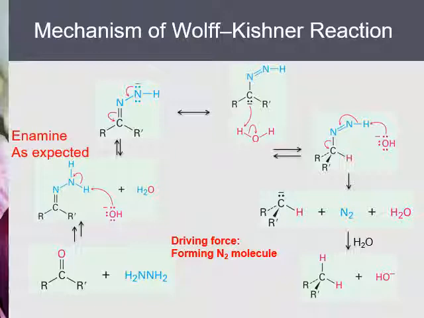Here shows the mechanism of the Wolff-Kishner reaction, and this is hydrazine, which is a primary amine. If we focus on one nitrogen and imagine the molecule is H2N with an R group, that's a regular primary amine with one alkyl group and two hydrogens. When a primary amine reacts with a ketone, the product should be an imine